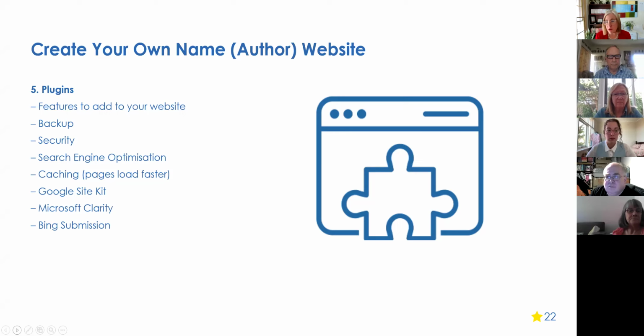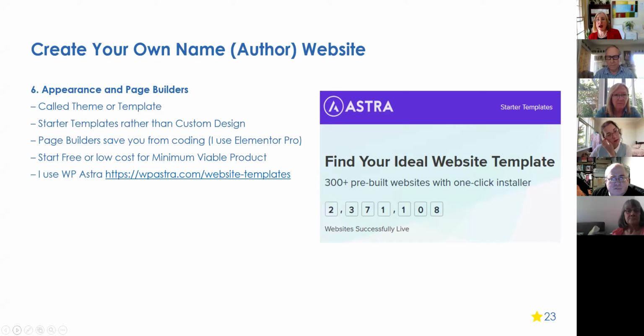You would install something like Google Sitekit to make sure you get all your Google Analytics, and Microsoft Clarity. So for anybody who uses Bing as their search engine, you're getting analytics from that as well. And then I also have a tool called Bing Submission, which lets Bing know whenever I've published new content so that I appear in Bing search results. Now, all the plugins I have are free, Philip, except the page builder, Elementor. I do pay for Elementor, but my clients don't because I pay a subscription that covers the cost of Elementor for all of their websites as well.